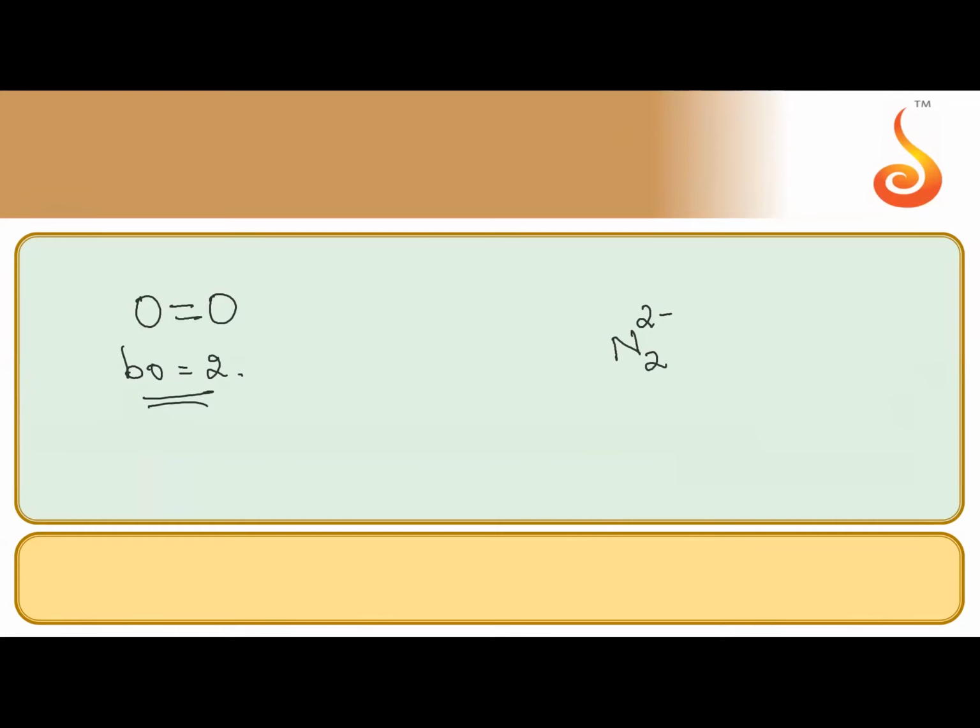So this is one way to do this question very fast. 14 electrons are there in N2 and 2 more, meaning it became like oxygen, 16 electrons. So we can say that just like that, this also has bond order 2. This is one shortcut to doing things. Let's now take the long cut. I want you to tell me the bond order. Let's write down the configuration for N2 first.